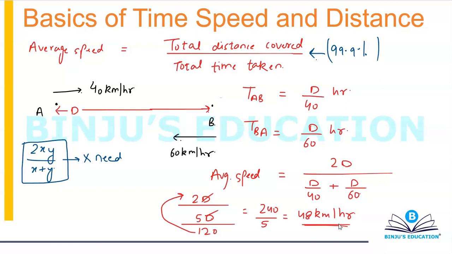Now actually the question that I want to ask you guys here is that I'm going at an average speed of 40, I'm coming back at an average speed of 60. The distance is same. Then why is my answer not 50? Think about this and let me know the answer in the comment box. Why is the answer not 50? Why is the answer 48? The final answer is 48, no denying on this part. Okay? Think about this. It's really interesting.